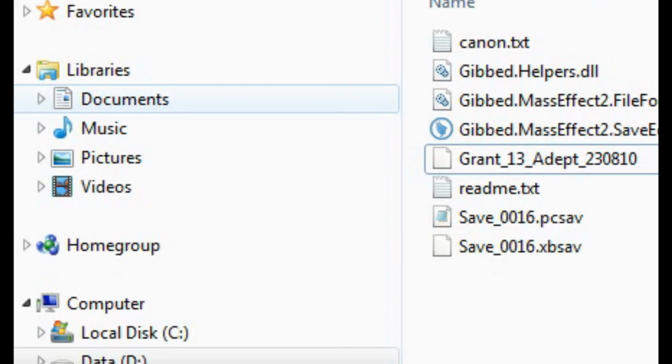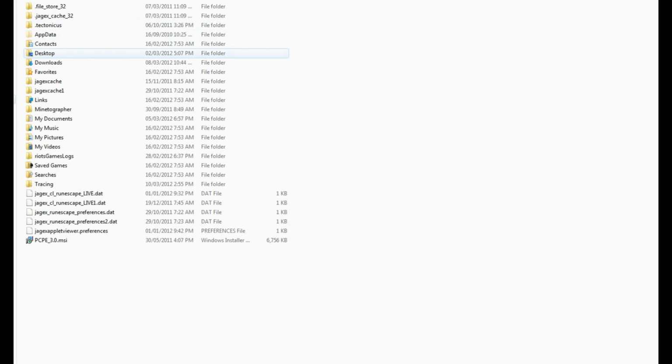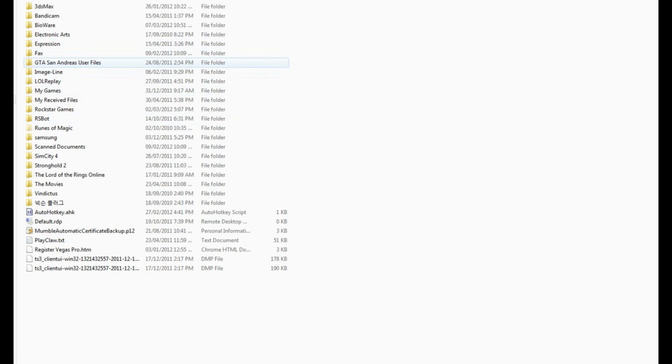And click on Documents or My Documents. And if you don't have this, just navigate through your system, go C or whatever your local disk is, Users, the current user you're on, or the one you installed Mass Effect 2 on. You want to go to My Documents. You also want to go in the BioWare Mass Effect 2, and this save folder usually won't be here if you just install the game. I'm not sure if it actually is there if you make saves in the game, but